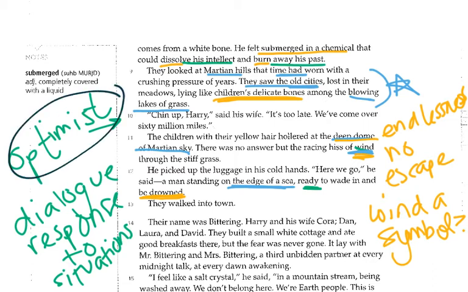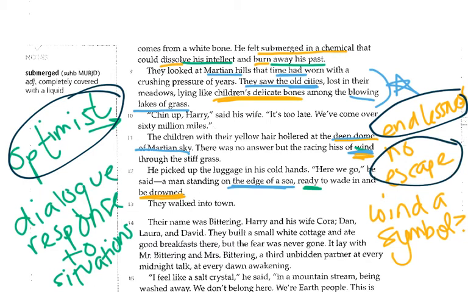Now, I not only just color coded them, but I also made notes. So I noted things like, oh, I can tell that she's an optimist. I didn't just underline it and think, okay, that's characterization, but what specifically is this text telling me about the wife? She's an optimist. What exactly am I getting out of the tone? I'm getting a sense of endlessness or no escape. I'm also making guesses in my margins about maybe some foreshadowing.